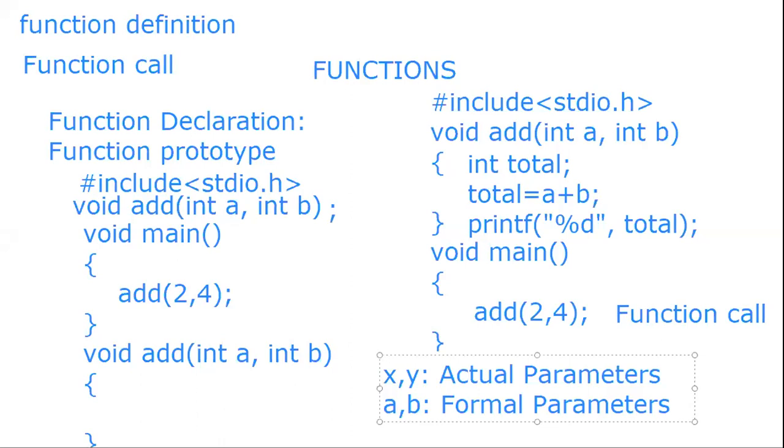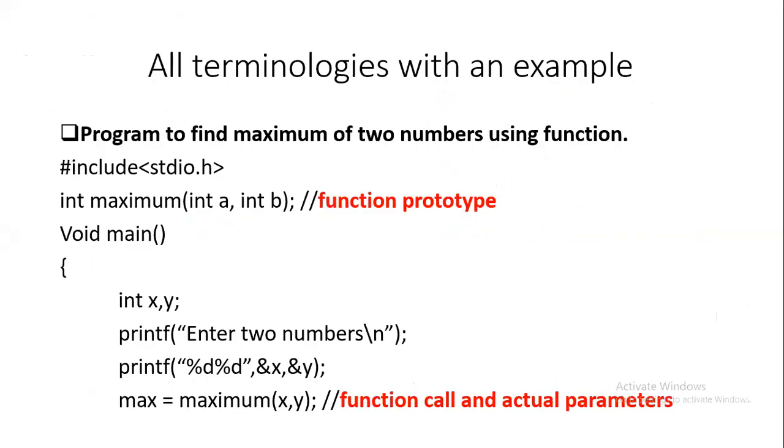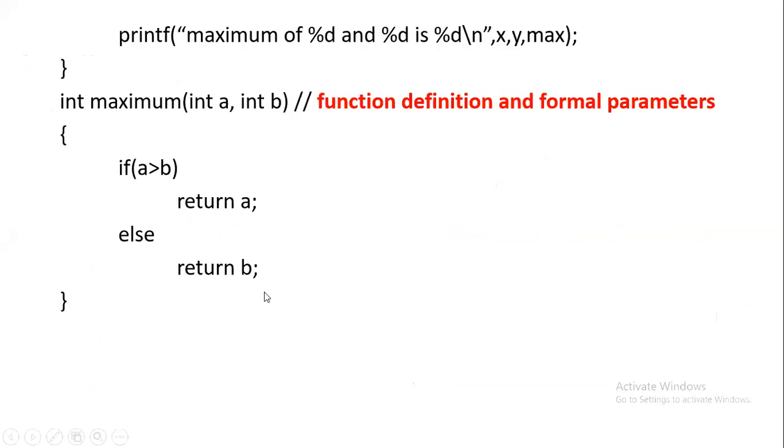We will continue. There are types of functions and so on. I will be sharing the lab sheet also. Here you can note that it is returning an integer. So we are giving max equal to maximum. You have to define max also. So x comma y comma max. We are calling the function here. This is the function call, and then we will define it later. Here we are printing also, whatever the function returns, its answer will be printed.